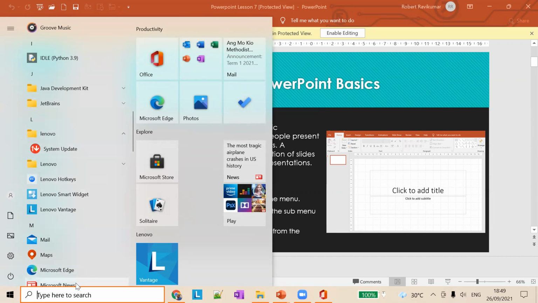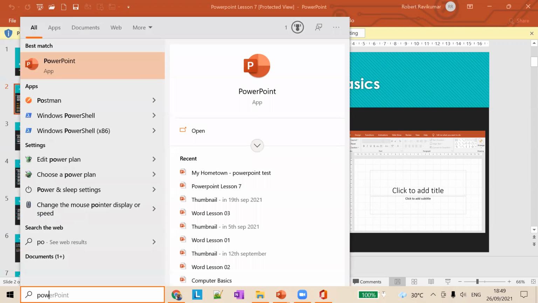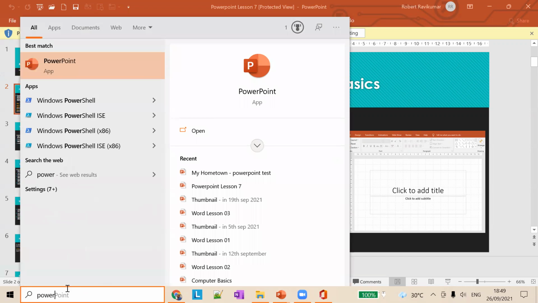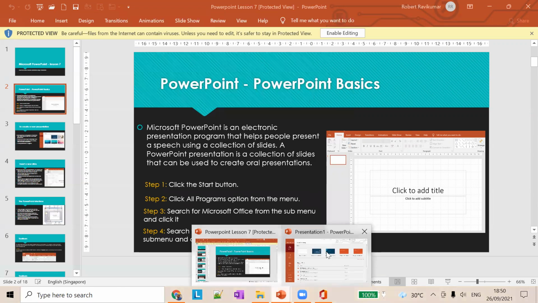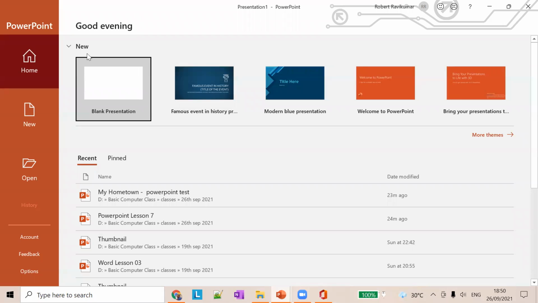But I opened it by searching for PowerPoint, I mean, by using the search toolbar under this one. So I'm using PowerPoint and I clicked on it and I opened a blank presentation now. So now we have the PowerPoint tool opened, and we have to choose a presentation type. So we have a lot of themes here, and also we have a blank presentation. First, let's go with the blank presentation now.